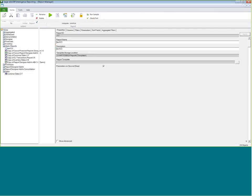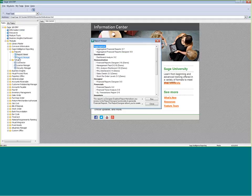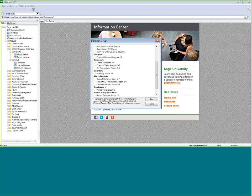Now, to give you a quick glimpse of what the report viewer license looks like, you still access this from the Sage 100 desktop or your Windows desktop if you're utilizing a version prior to 2014. And if we go down to Mark's folder, you'll see here there's only a handful of reports compared to what I had as a report manager. So I've only shared a handful of reports with the end user. So if I select the GL transaction report and click Run,